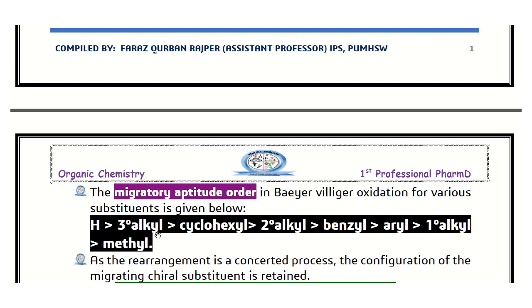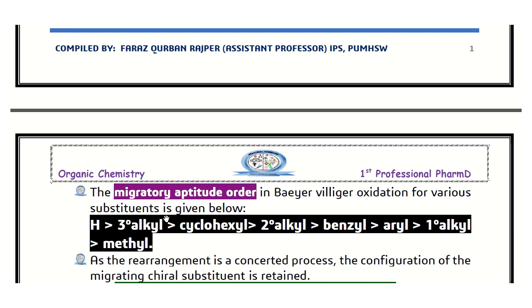So this rule will be followed for unsymmetrical ketones. Hydrogen will have greater migratory aptitude than tertiary alkyl, which is greater than cyclohexyl, greater than secondary, greater than benzyl, greater than aryl, greater than primary, and greater than methyl. So methyl has the lowest migratory aptitude of all these groups on the basis of the positive inductive effect. In other words, the tertiary alkyl has the highest migratory aptitude, which means